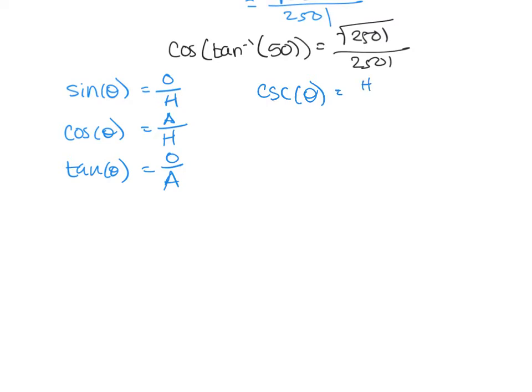Cosecant of theta is equal to the hypotenuse over opposite. Secant of theta is equal to hypotenuse over adjacent. And cotangent of theta,